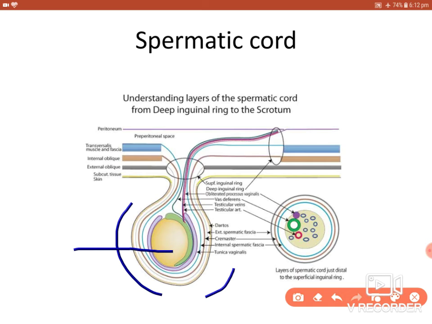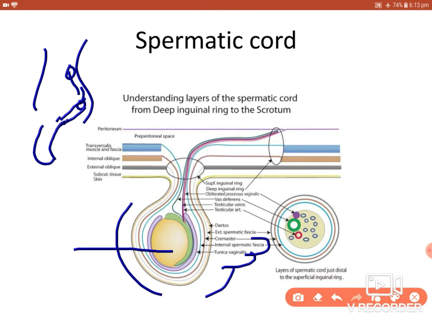Okay, its coverings from inner to outer: this purple color, that is the tunica vaginalis. Outside that there is the internal spermatic fascia. See, this is the internal spermatic fascia. Before that, the testis develops from the posterior abdominal wall. Then it descends from the lumbar region to the iliac fossa, then towards the inguinal canal, then finally to